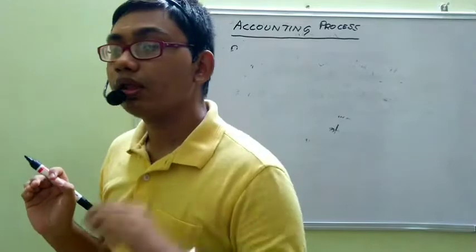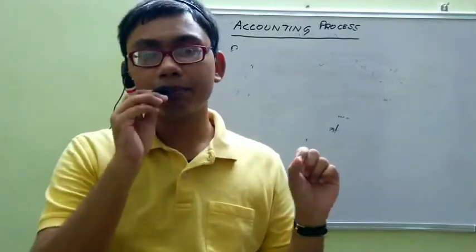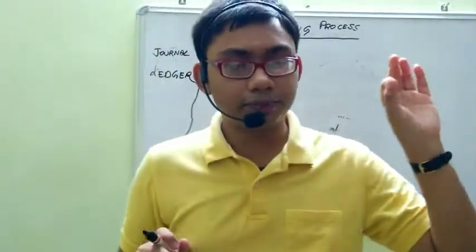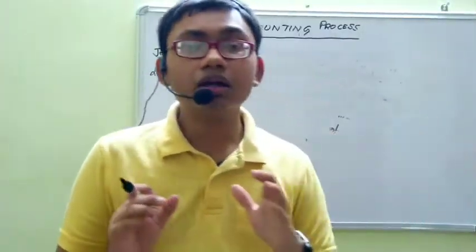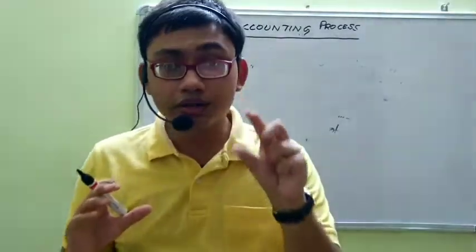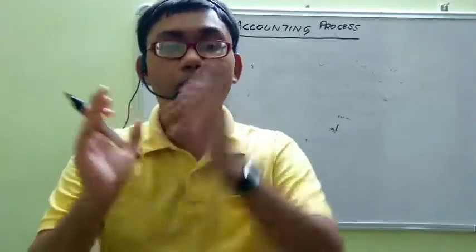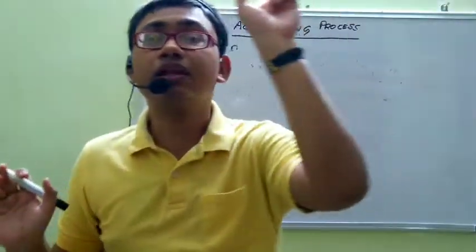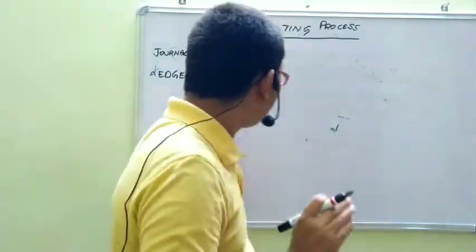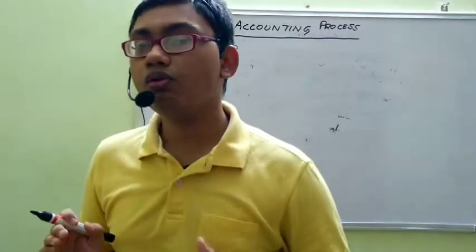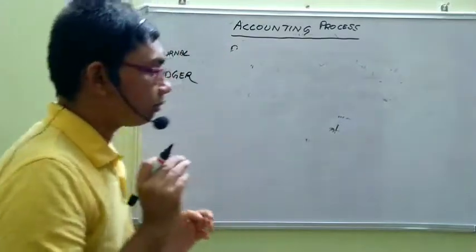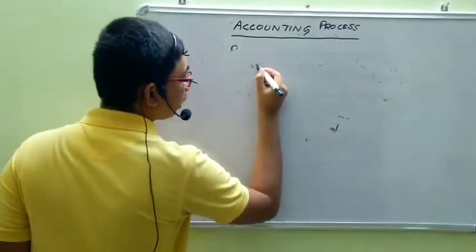And so there will be a separate section for sales, a separate section for purchase, a separate section for everything. But here there is no bifurcation of cash sales and credit sales. All sales, whether cash or credit, will be recorded both in the cash section as well as in the sales section, because they have 2 impacts and both impacts should be recorded in the ledger. Each section is called an account.